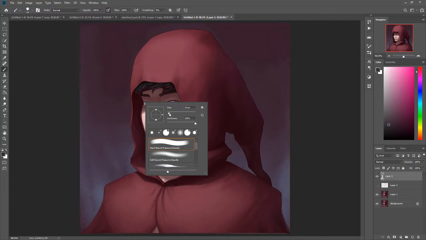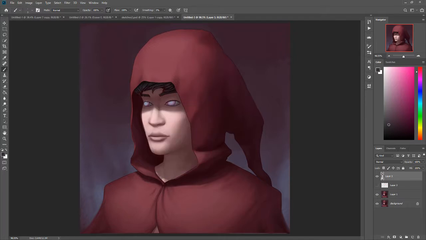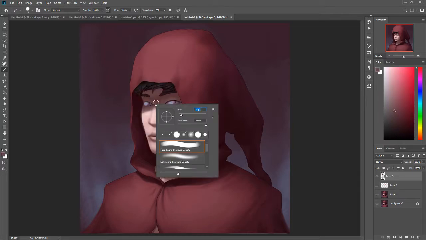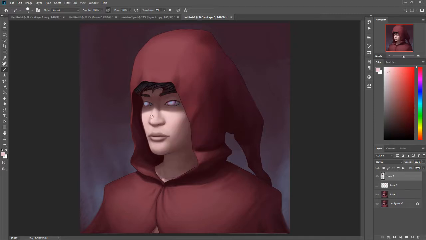And then we're going to do a little bit smaller brush here, and like so. And then the next thing is we want to look at the nose itself. Now the nose is actually kind of pushed out. So what I would do is I would grab the nose itself like so,